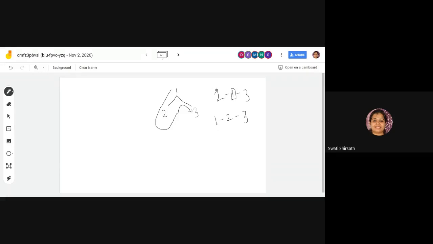Now if these two orders are given, pre-order and in order, then also you can design a binary tree. So see, the very first element is always a root. So you'll find that one is root. Now in the in order you'll check which elements are there on the left side of the root and on the right side of the root. So you'll put them accordingly. So suppose there is a 2 on the left side and there is a 3 on the right side. So we have got our tree.